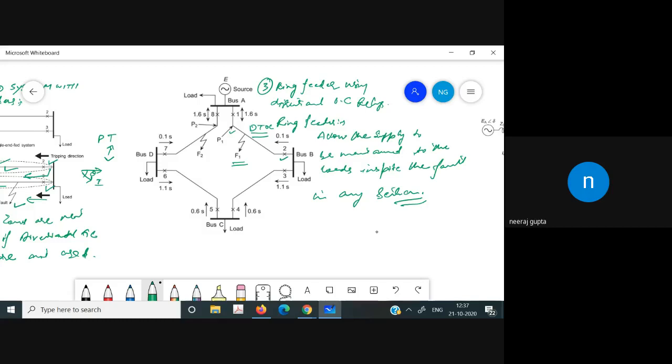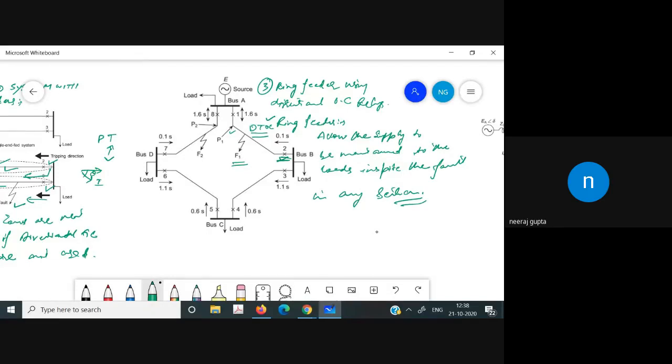2 operate, which is the remotest relay from the source, as we have seen in the DTOC type of relays. So the remotest relay in this case is 2, so it will operate first, and it is also closest to the fault as compared to 3 and 4. So relay 2 will operate, and it is the fastest kind of relay, as it doesn't have any selectivity issues that we discussed in the last lecture also.